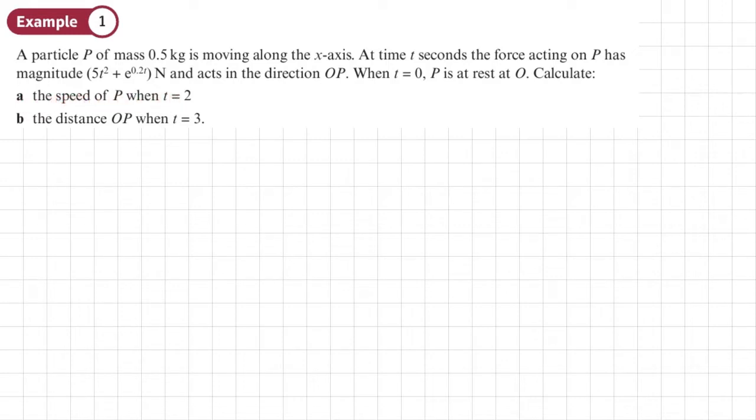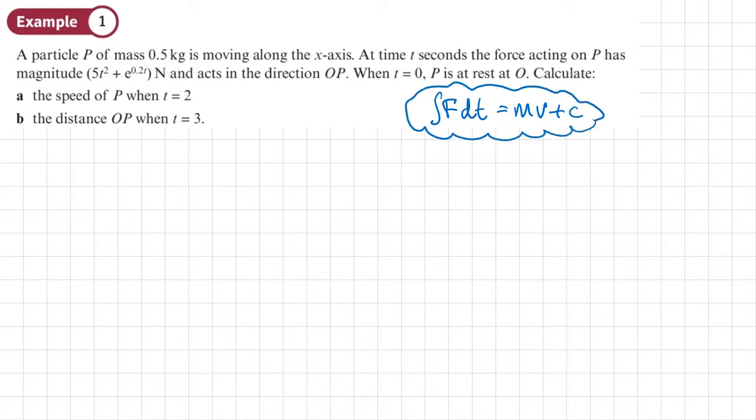So I can see here that the force is a function of time because it's got t in it. That means I'm going to be using this expression, the integral of F integrated with respect to t is equal to mv plus c. This is what I'm going to use to answer part A. So the first thing I need to write down is the integral of that function of the force, 5t squared plus e to the power 0.2t, is equal to m, so the mass is 0.5, v